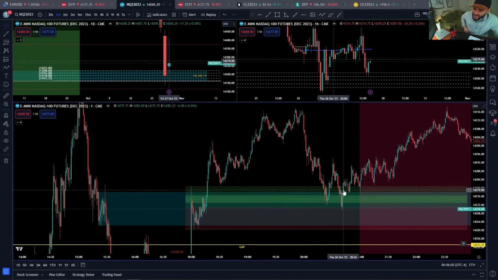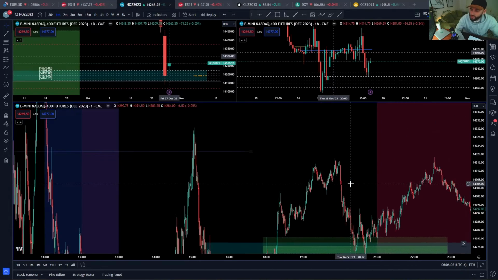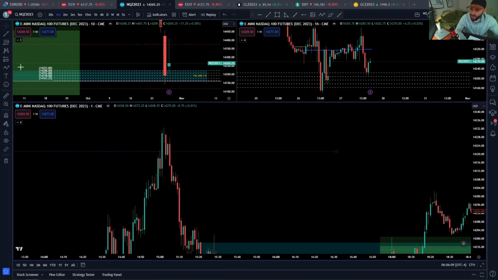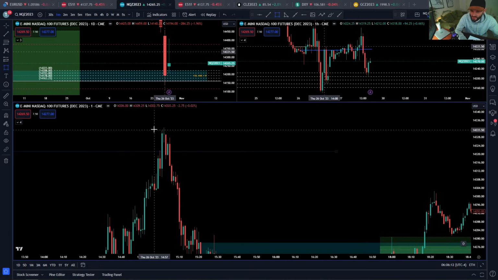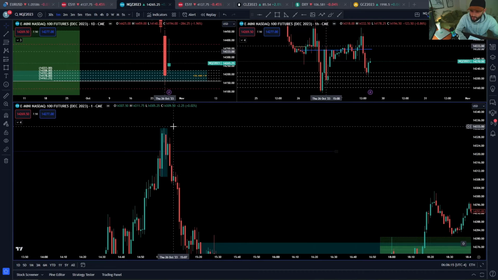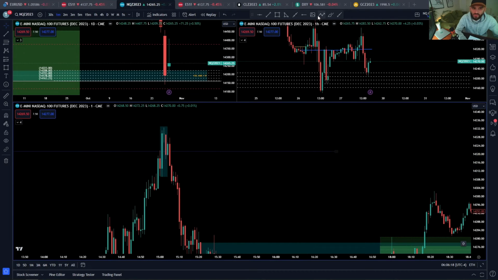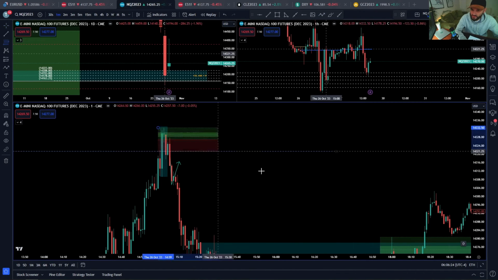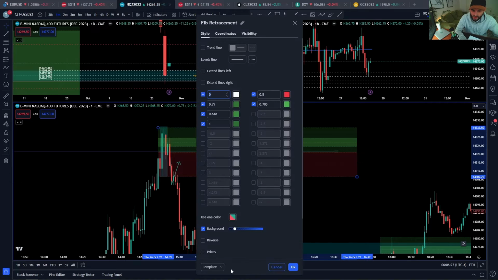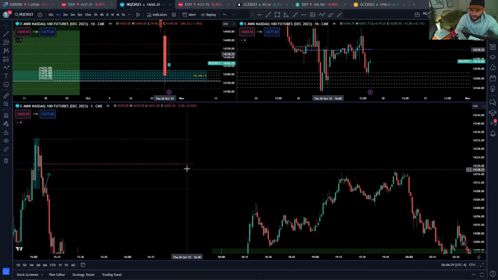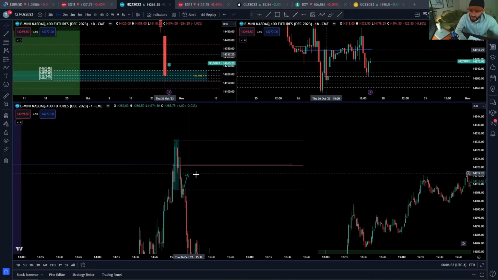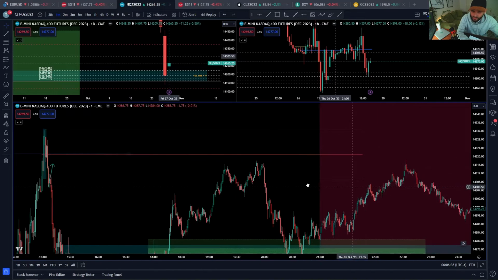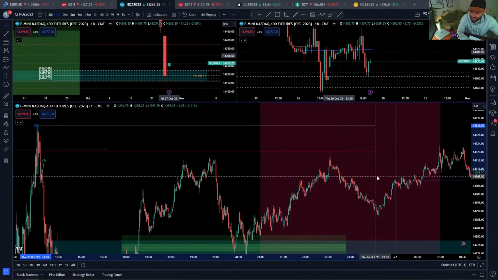So if we get in here, what could we be looking at? Well, we could be looking at previously unmitigated ranges on the highs. So what do we have here on the high? This is going back to what we discussed in the previous slide. We have this range which was broken. At any point, has price come back and mitigated this range? Has it come back up into 50% of this range at any point? If I just put on this unmitigated range, at any point did it come back up here and fill it? No, it hadn't. So what we can do is draw this across our chart, because we would anticipate at some point price to return to a previously unmitigated range